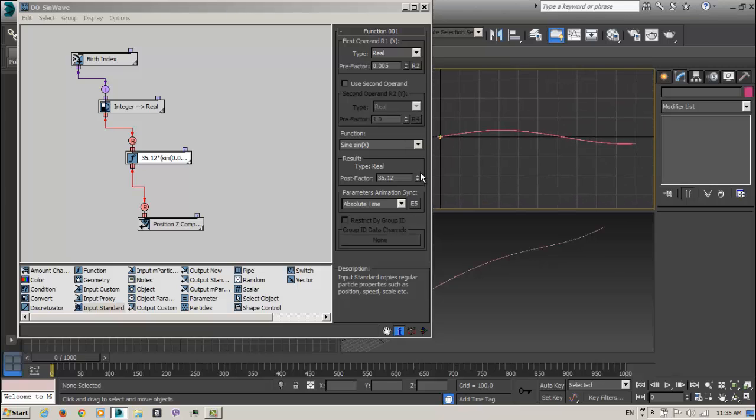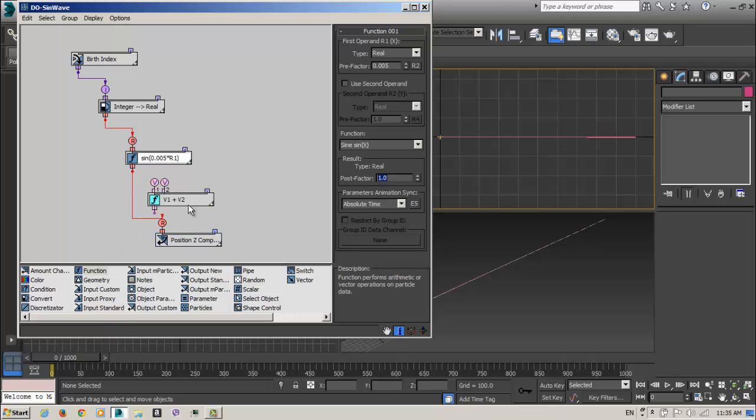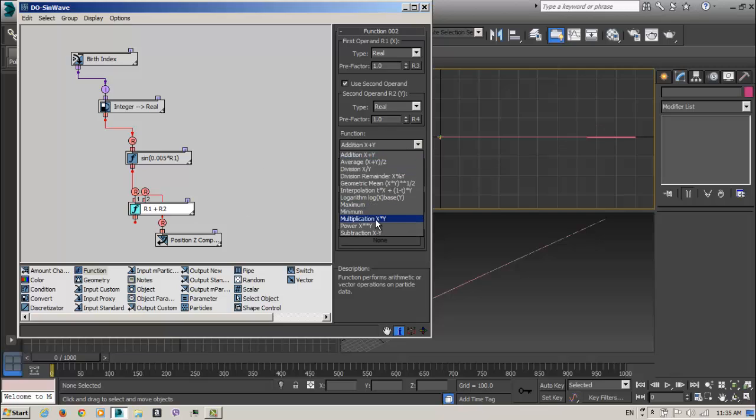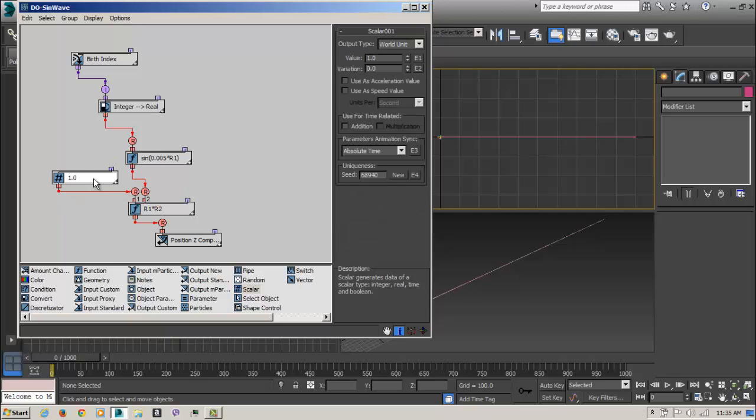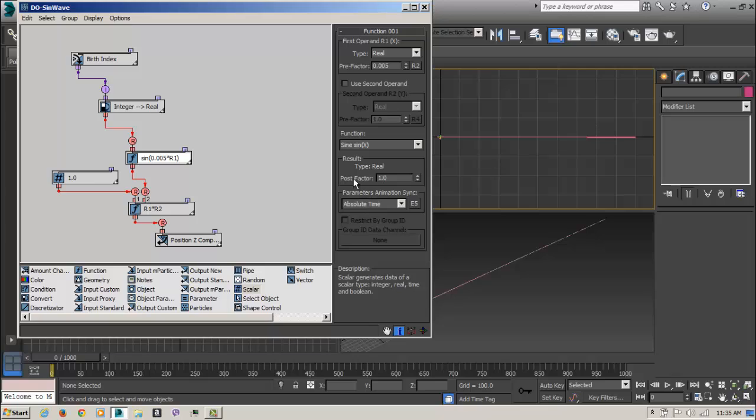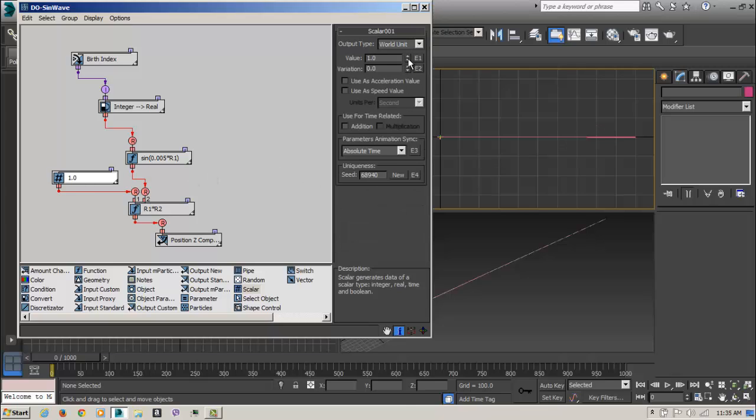So instead of changing it from here, I bring it back to 1, create another function here, and I will say this function will be real, multiplication. Connect this to here, this to here, and the scalar here, and I will connect this to here. Instead of having it here in the post factor, we will have it here.